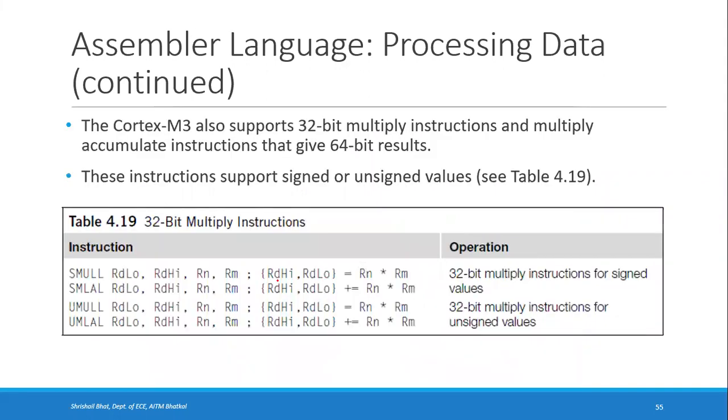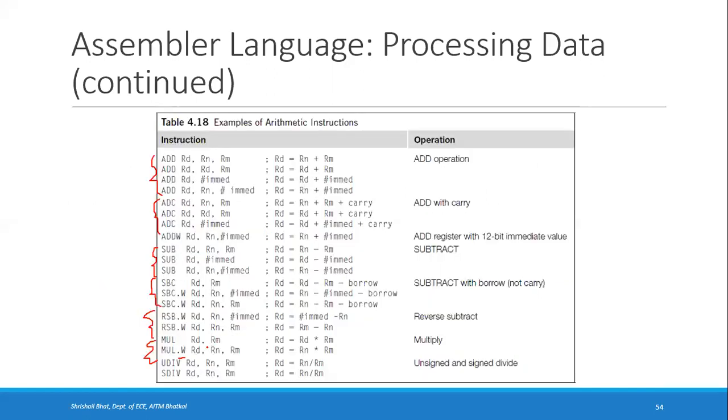Apart from this, there is multiply and accumulate. So there is also a multiply and accumulate instruction, for signed and unsigned numbers. SMUL is for numbers where the operands are actually 16-bit when you multiply RD and Rm. If they were 32-bit, multiplying two 32-bit numbers would need a 64-bit register, but here you are loading the result into a 32-bit register itself. That means the numbers are 16-bit first, and when you multiply, you get a 32-bit number that can be stored in the destination register.